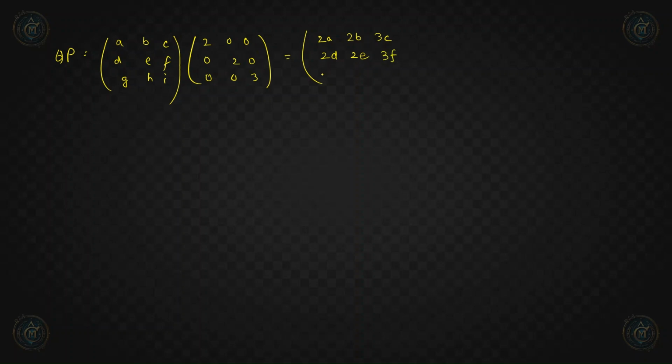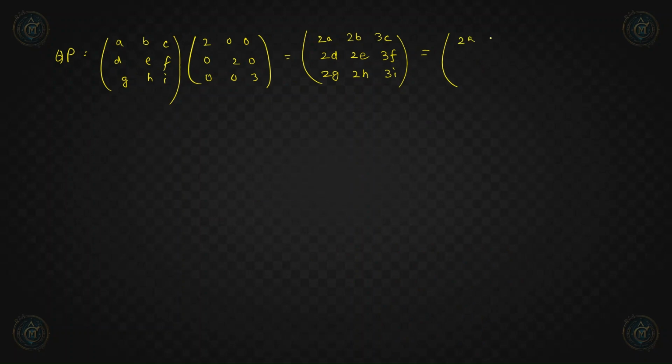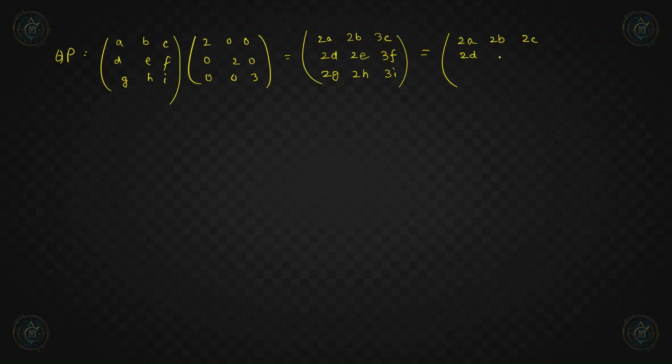Then it will be 2G, 2H, 3I, right? So these two matrices are equal. That means we can say this is equal to 2A, 2B, 2C, then we have this is 2D, 2E, 2F, and 3G, 3H, 3I,